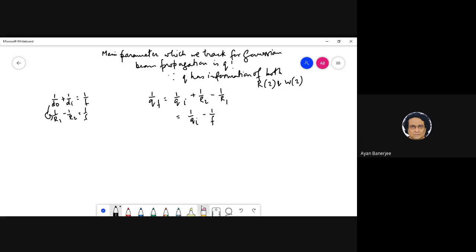So this is fine. Now that means your Q_F is 1 by the whole thing. If you fix it a little, you get f Q_I by f minus Q_I. Written properly, it is Q_I by 1 minus Q_I by f. Now we know